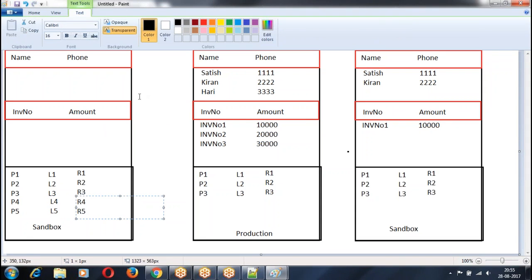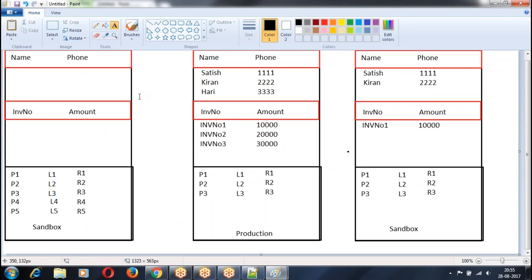Now, is he deploying the data or the metadata? As a developer, what am I changing? Am I changing the data or metadata? I am changing the metadata, irrespective of technology. Not only Salesforce, irrespective of the technology, being a developer, what are you modifying? Metadata. Whenever I say deployment, moving the metadata changes from one environment to another environment is